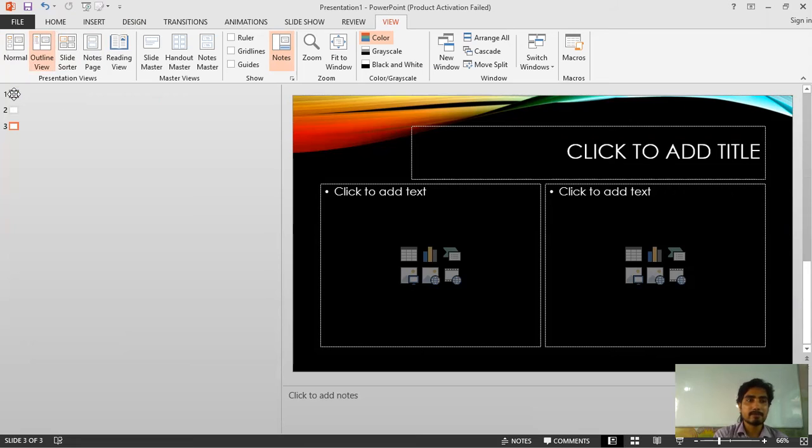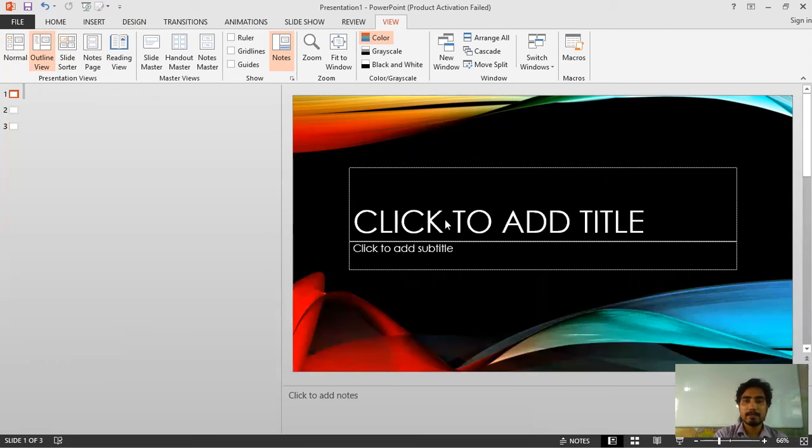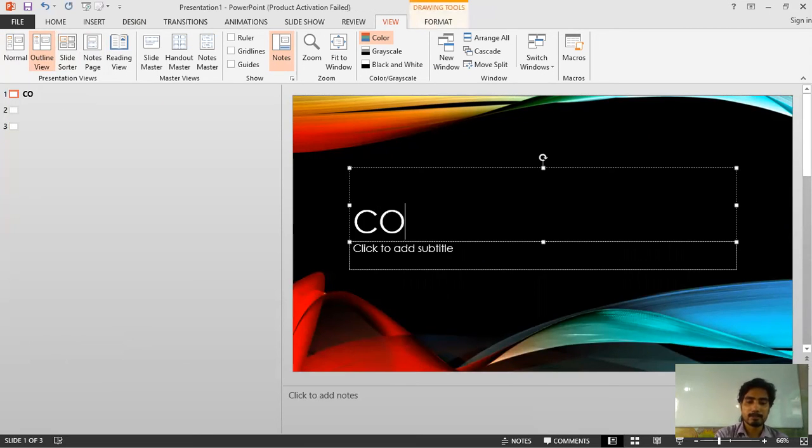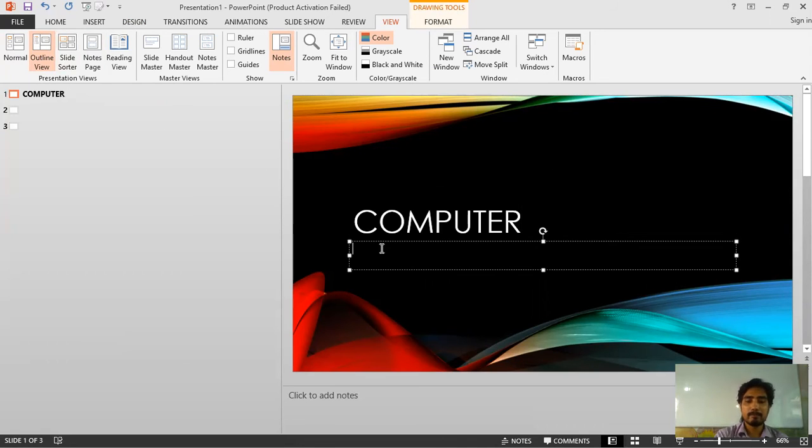For example, if I select slide number 1 and then here I write some word, I have written computer here and you can see the computer is being displayed on the first slide. In second, if I write PowerPoint, you can see the PowerPoint also appeared in the first slide. So outline view only displays the text which is written on your slide.